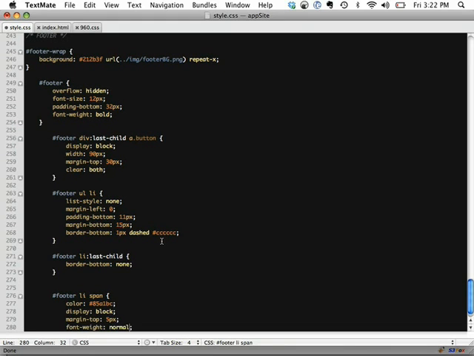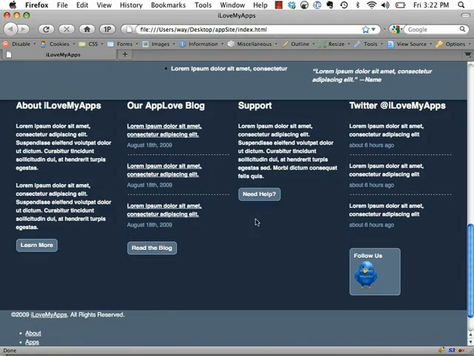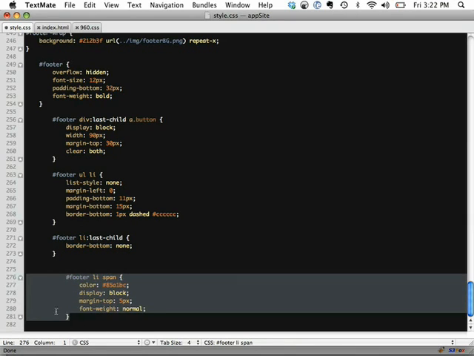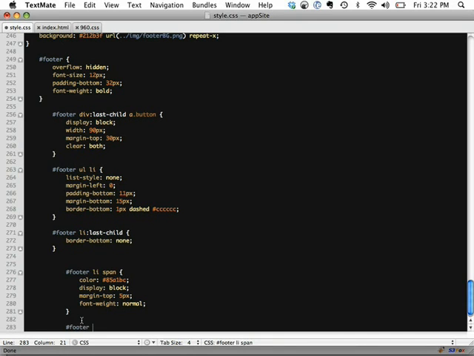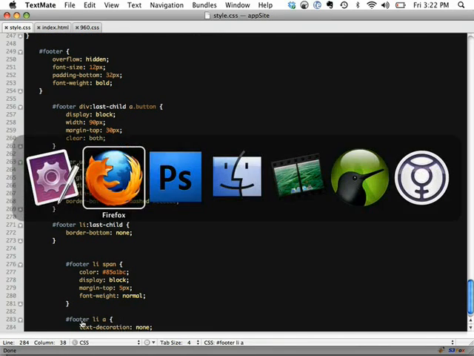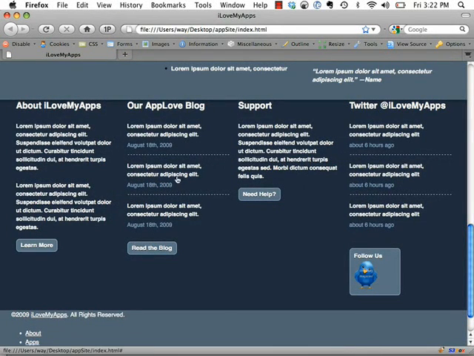By the way, notice when we select these, it's really hard to read. We can fix that. We'll do that a little bit later. So come back, footer li span. Now let's indent that. Footer li a, and make sure we get rid of the underline just in case there is one. Yeah, and there was. Okay, so now we have our links. It's looking good. So we do need a little bit of padding up there, but we'll come back to that. So let's now do